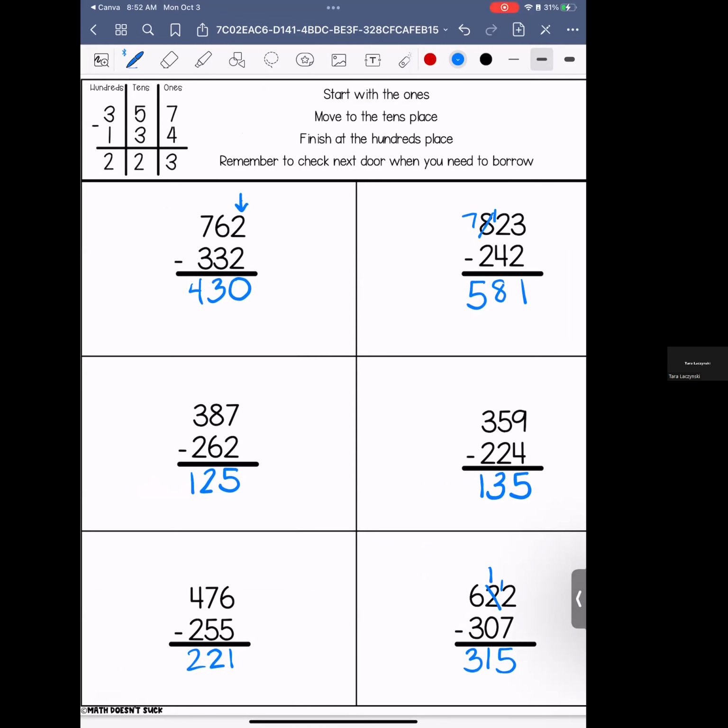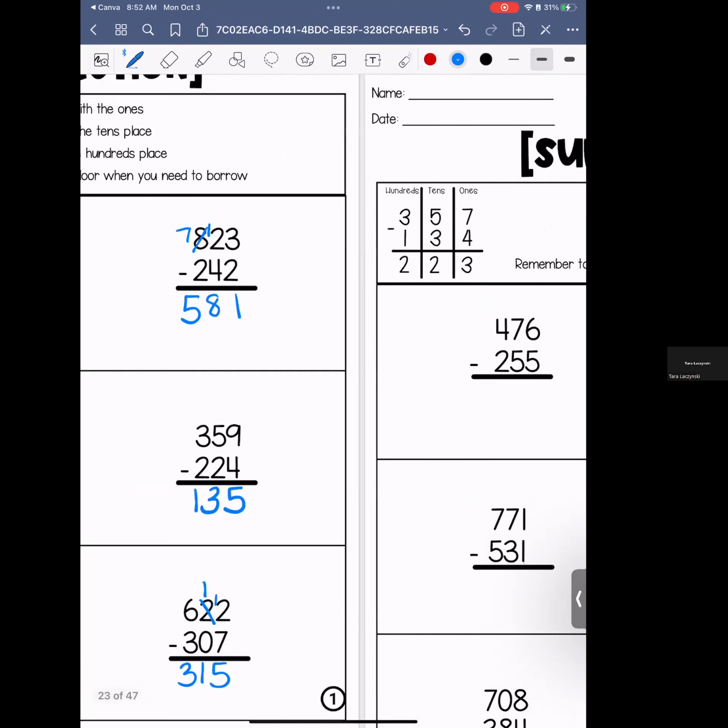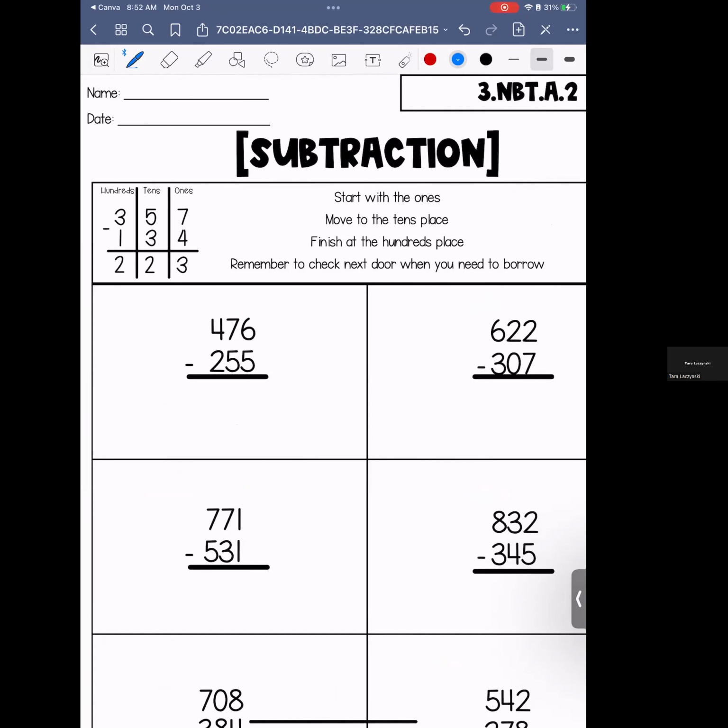Please go ahead and stop the video here unless you are ready for page number 2. If you are, here we go. Page number 2, again, we are still subtracting. So starting at the first question,